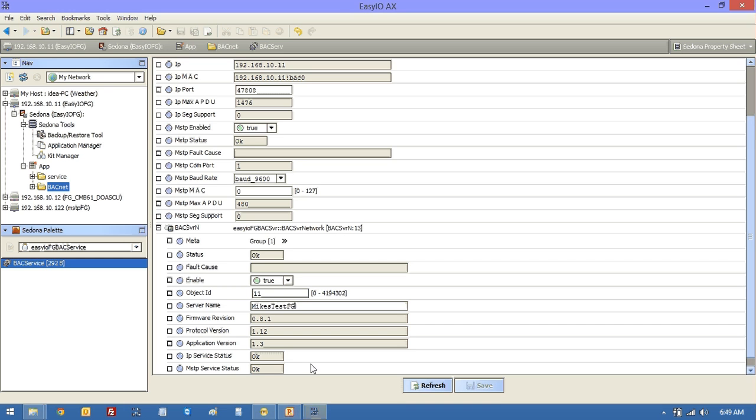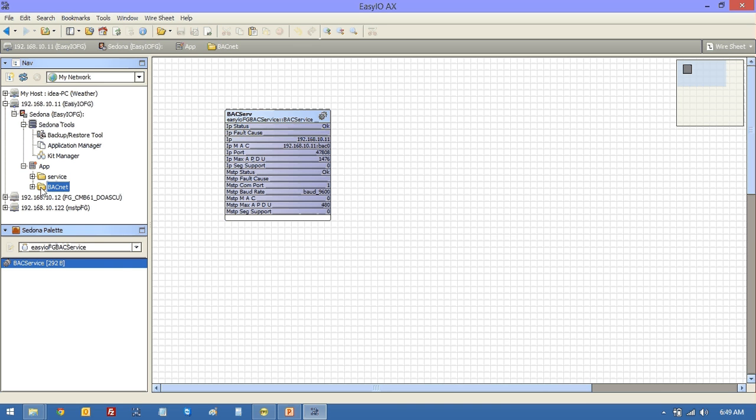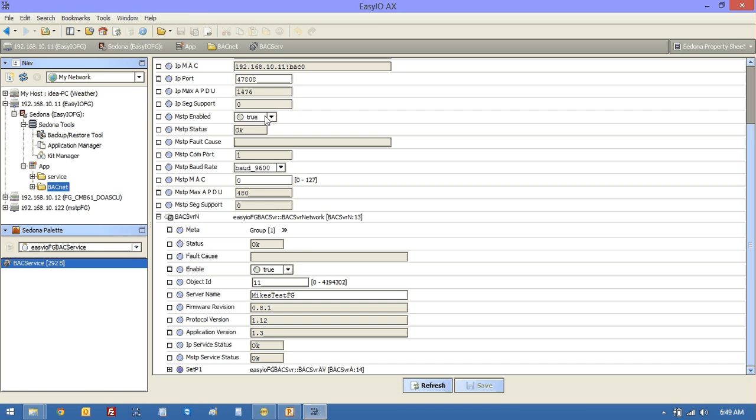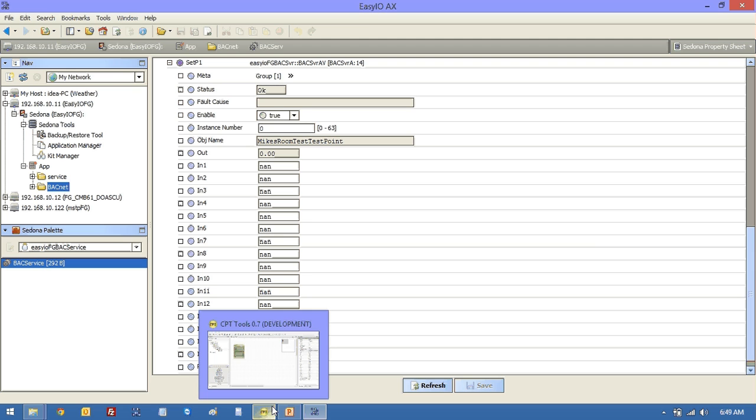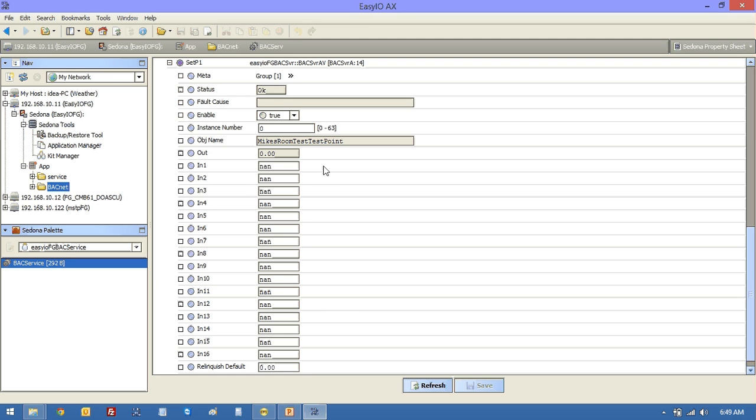Let's just have a look at that in Workbench, see what that looks like. The same thing, Mike's Test FG, and in here we've got Mike's Test FG, and there's my set point, Mike's room test point there. Okay, so that was pretty easy, and if you went to discover that now, you would see that, and you'll